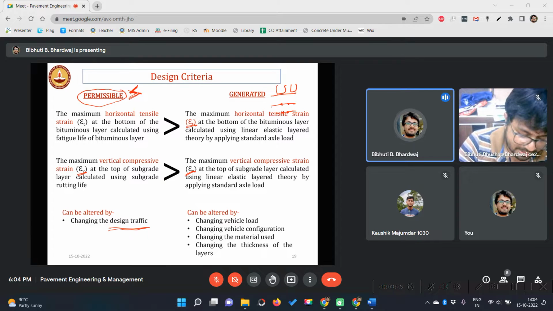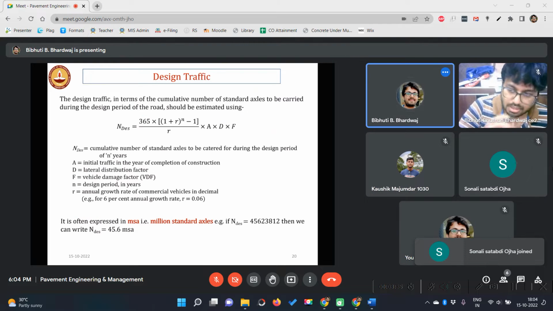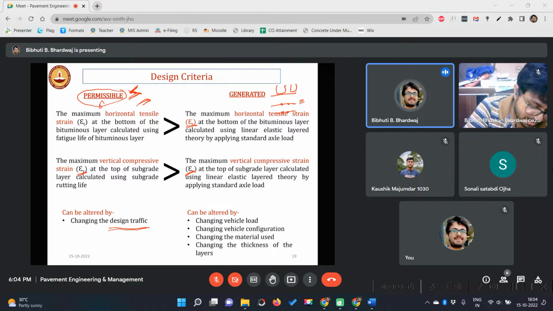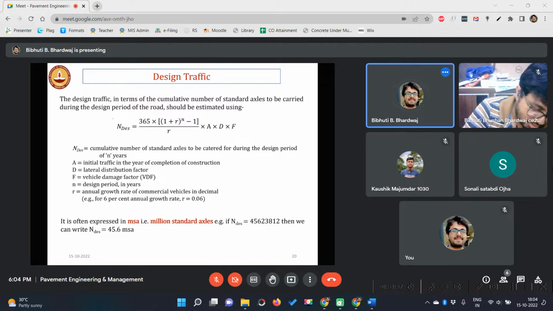From the traffic, there also you will have to apply some formula. Here we will apply software. But anyway, now if we need to find out the total traffic which is required for this permissible strain, then we need to apply this formula, right? We need to apply this formula, and we learned all the